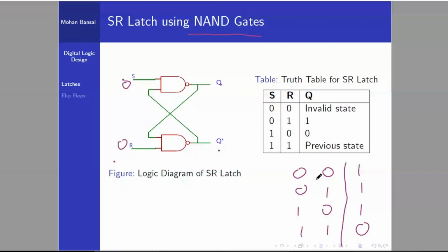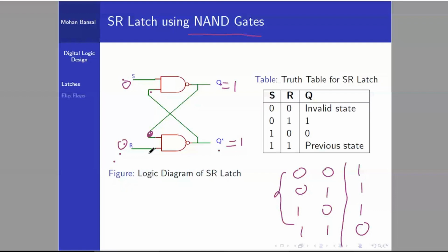So here we are giving S is 0. Obviously, whatever the value of the other input, the output should always be 1. Are you with me at this point? Similarly, in this NAND gate, if R is 0, we don't bother about the value of the other input. If R is 0, obviously Q complement will be 1. So what are you observing here? Q is equal to 1 and Q complement is also equal to 1.